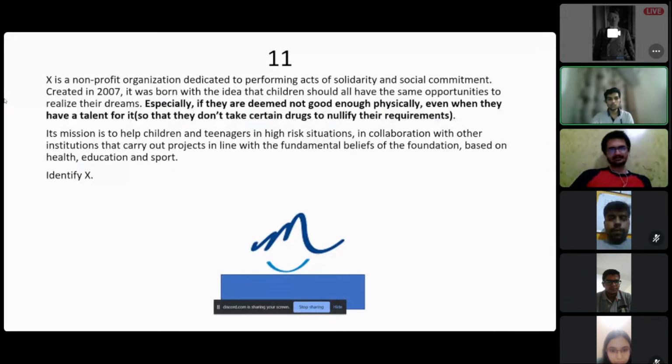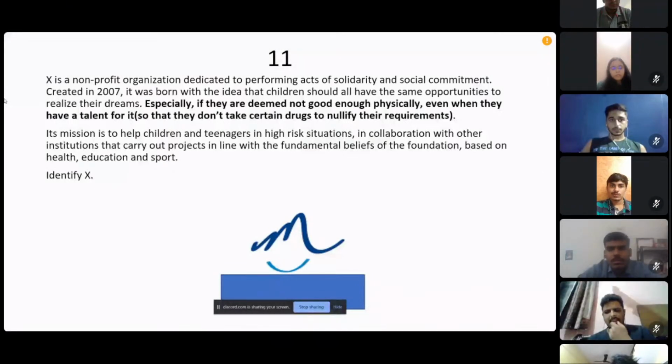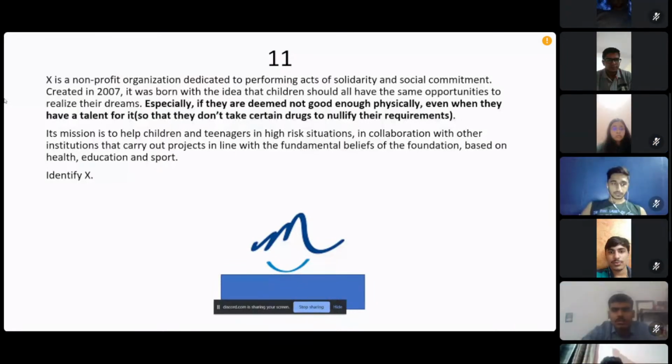So the pounce will close soon. I think it is a bit of a longer answer, so we'll give some time for you to pounce. Focus on the bold letters, guys. The answer is there, and then connect with the letter M. Yes, the letter M. So is nobody pouncing? Fine, then I think we should close it. Close the pounce. Okay, so the pounce is closed.